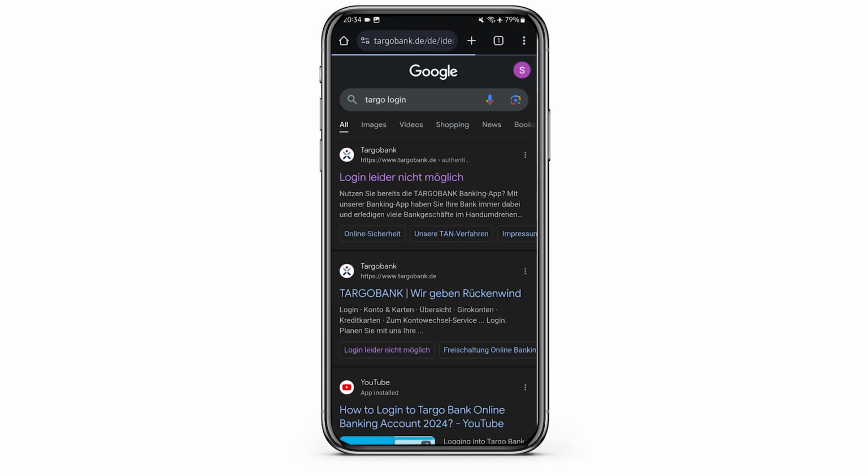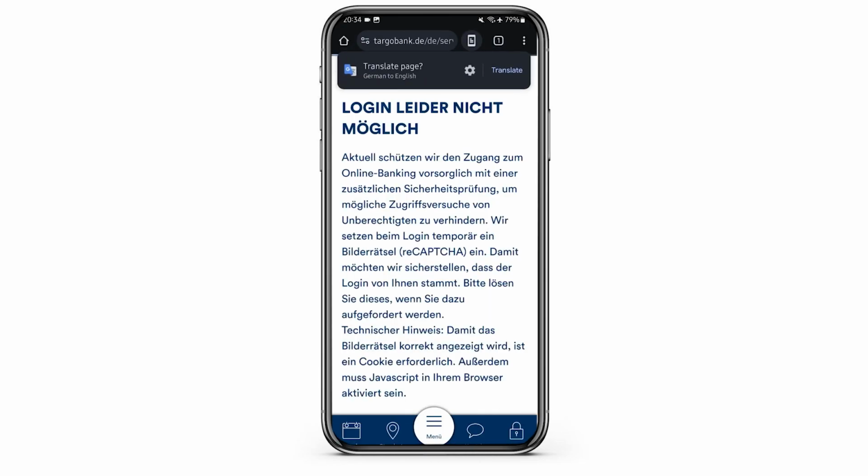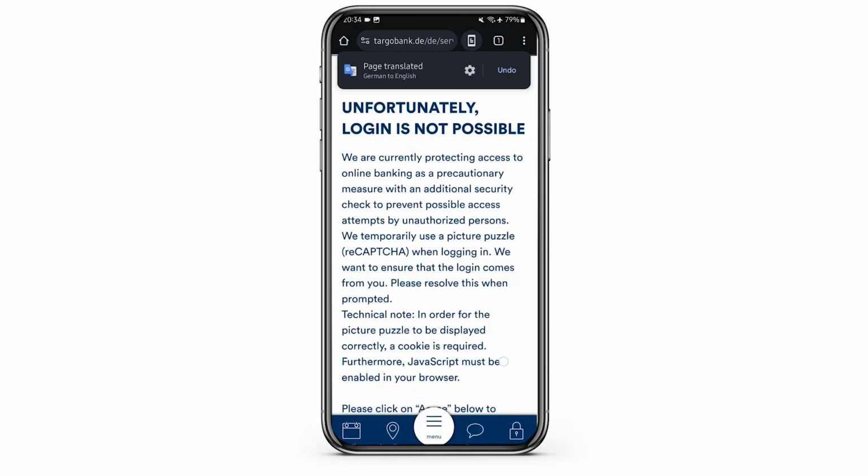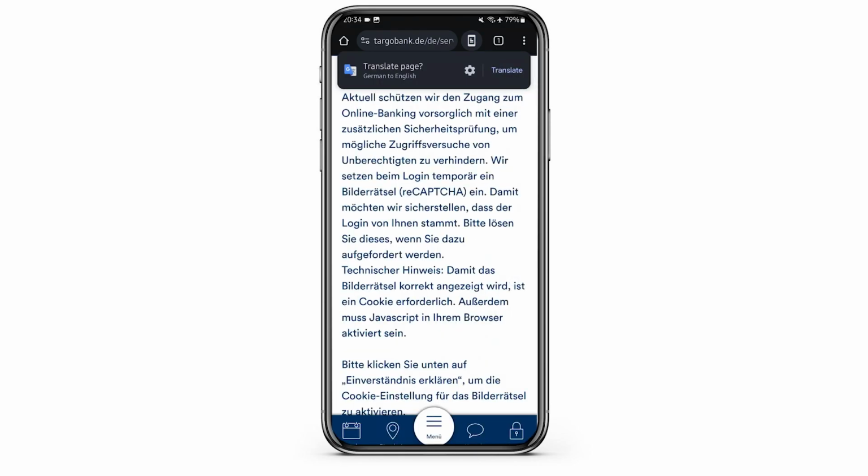Tap and open it. In case you see it in German language, just tap on Translate to English and you will see this page. Under here, tap on Login on your bottom right